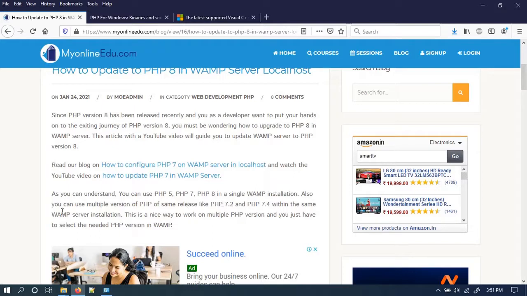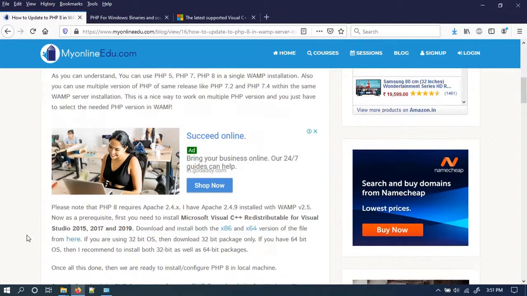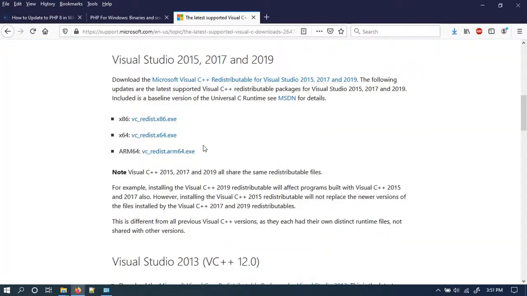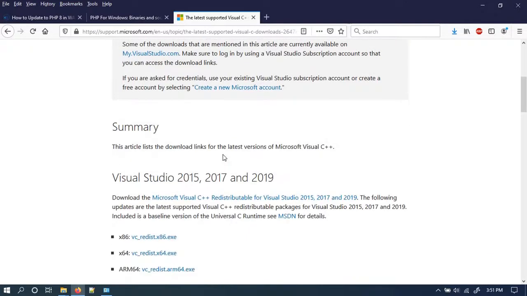Okay, so let's begin. Two things you need to do at the beginning. One is the prerequisite, that you need to install the Microsoft Visual C++ redistributable for Visual Studio 2015, 2017 and 2019. If you click on this link, it will bring you here, and this is the prerequisite.